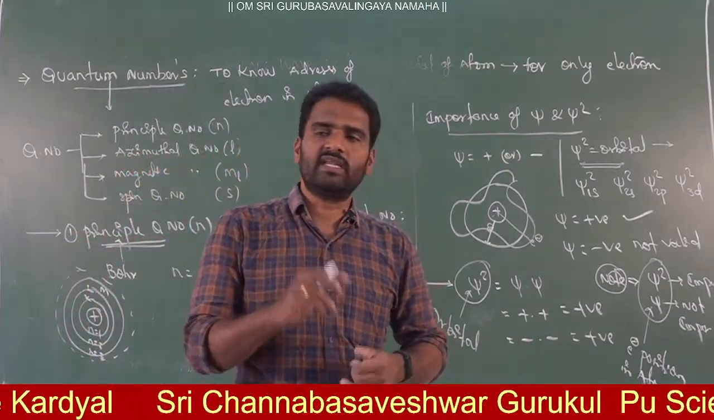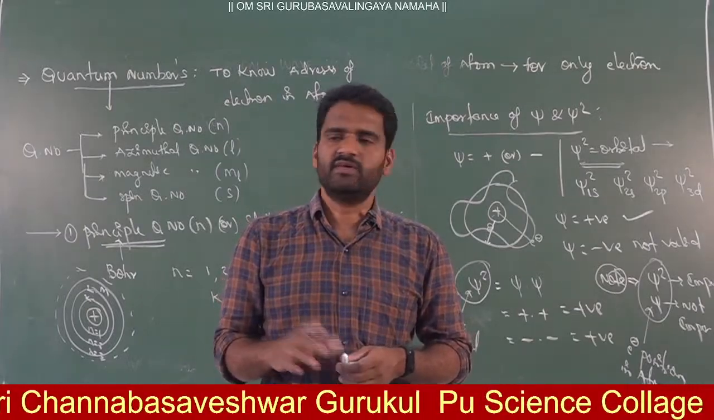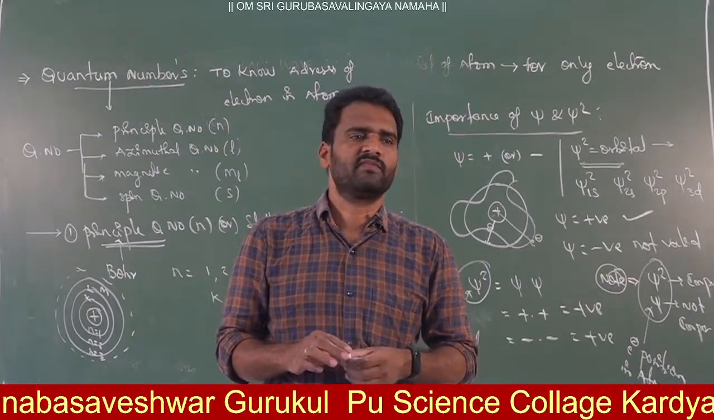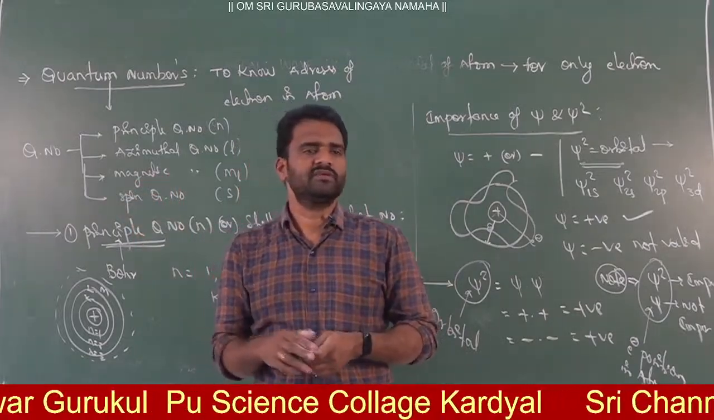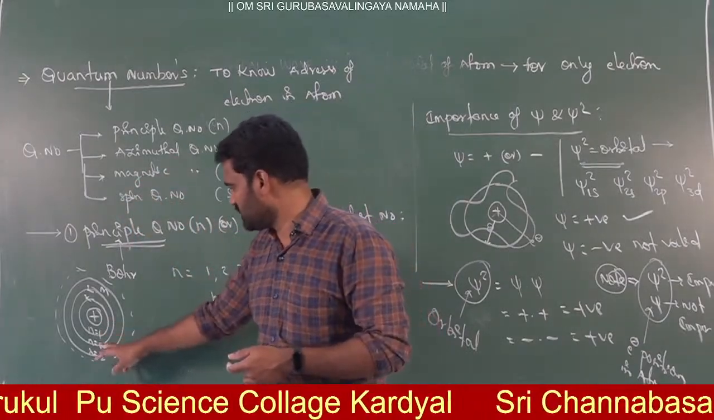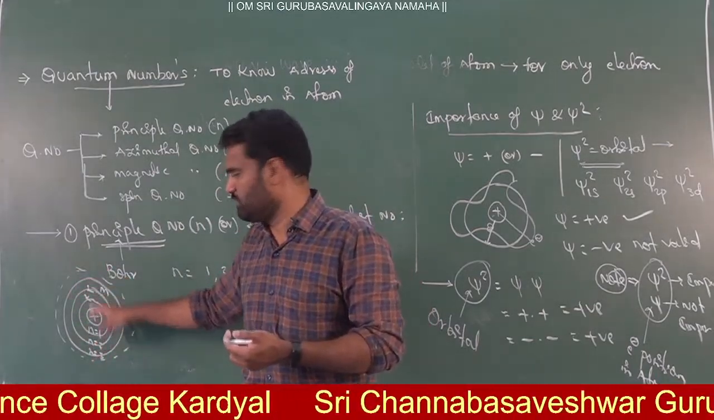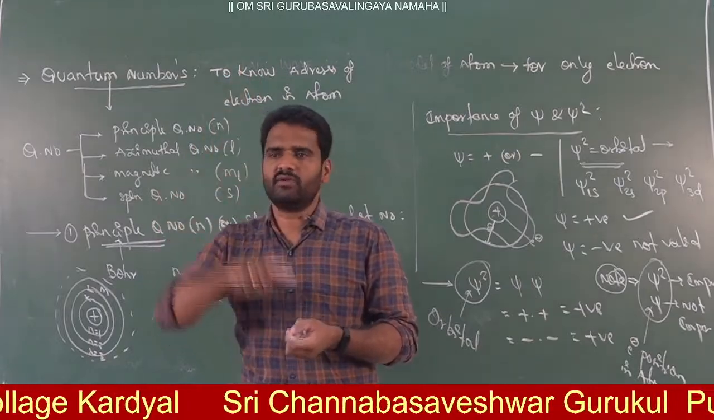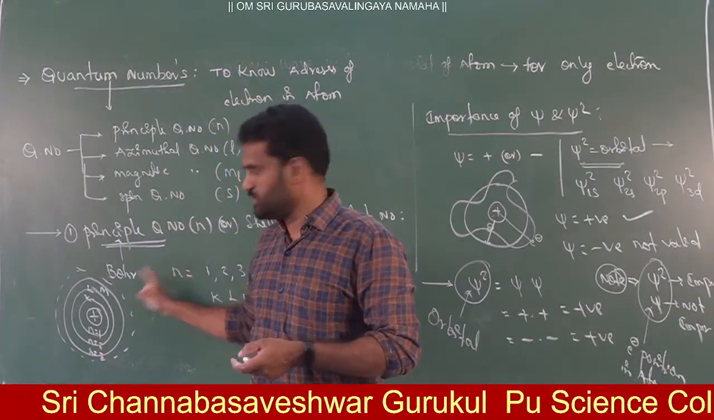For example, a 1s electron is there, a 2s electron is there. What is the difference between 1s and 2s? Yes, the electron will be present in the first orbit. 2s means the electron will be present in the second orbit. Yes or no? By knowing the principal quantum number, indirectly you are getting the size, the distance of the electron from the nucleus where the electron is present. Yes or no? If the principal quantum number is more,